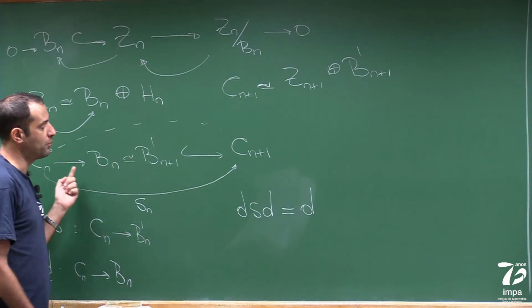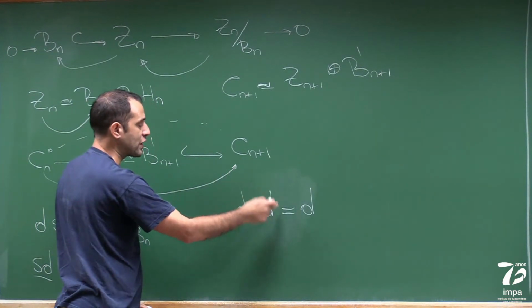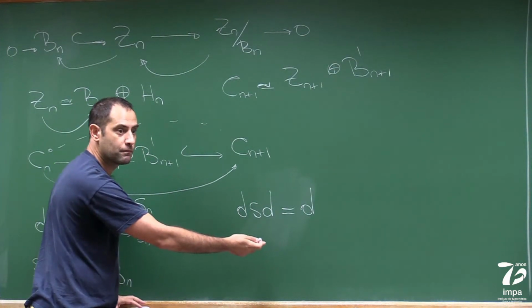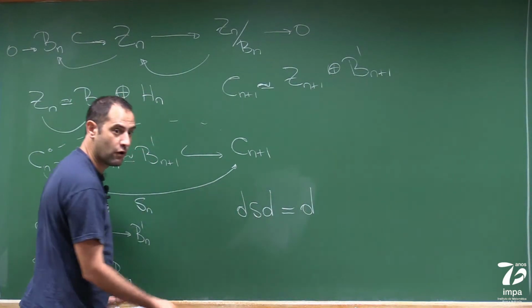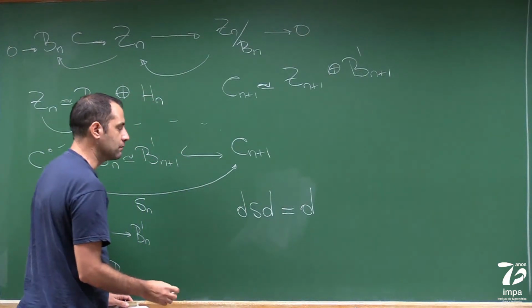But the whole point is that it gets killed on both sides. And if I restrict both sides to the boundaries, it's just the identity, because those were the projections. So this is the idempotency of a projection. And this is the definition of a splitting. So definition,